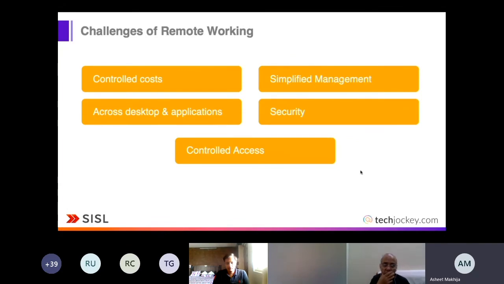They should run seamlessly across the desktop and the applications, provide simplified security and not add another area of concern from a security perspective. And of course, access should be controlled and role based.